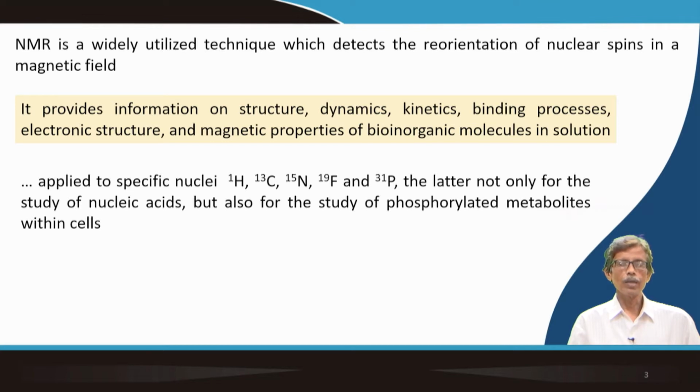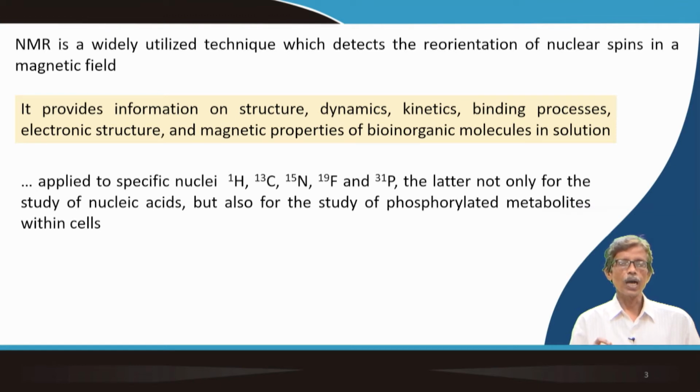These are biorelevant elements, biogenic elements, with their corresponding atomic numbers. These atomic numbers are very important, because the number of neutrons and protons in the nucleus makes them NMR sensitive,